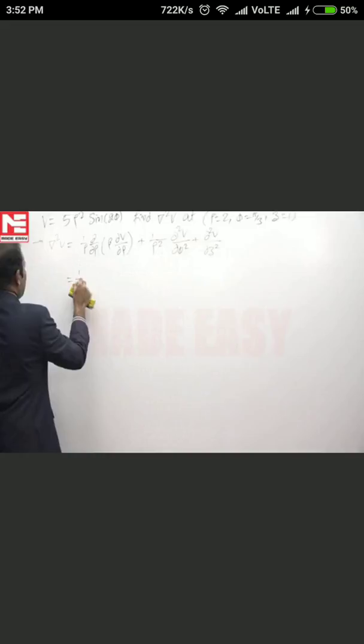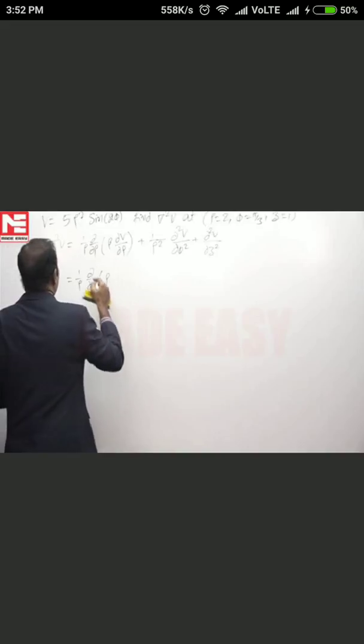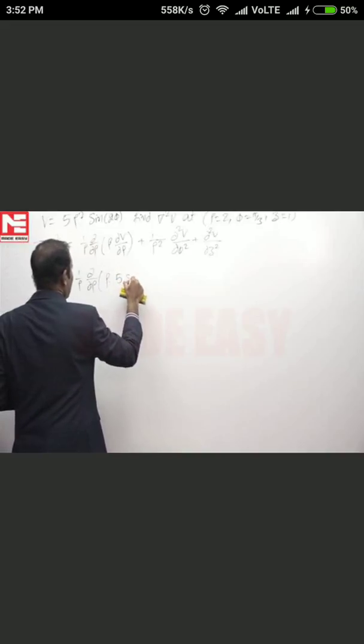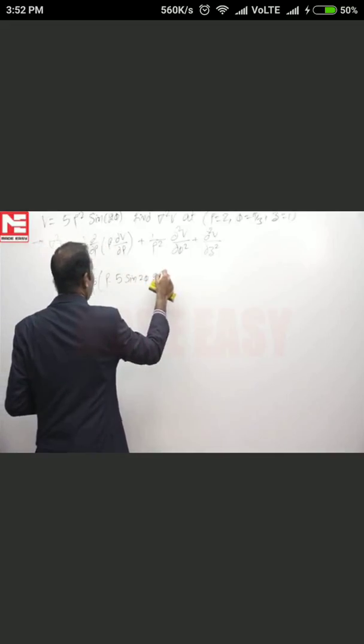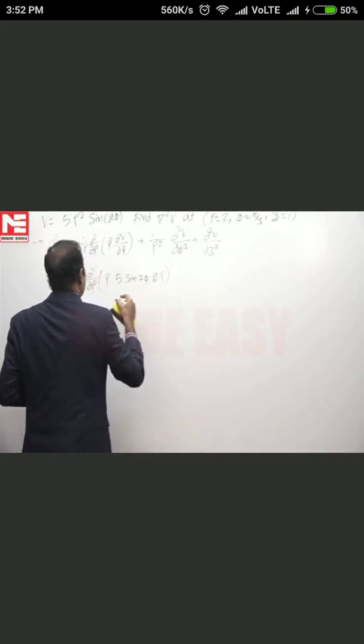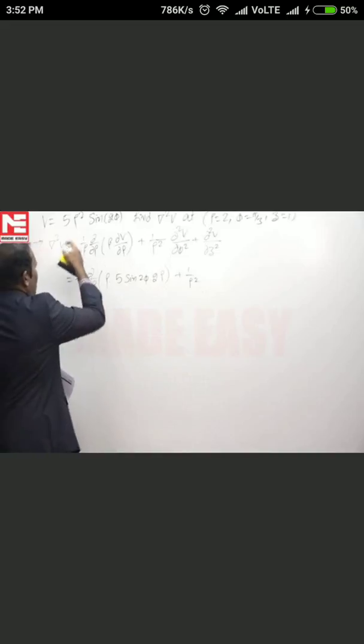So this is the formula, and this is 1 by rho dou by dou rho into partial differentiation of this one with respect to rho, that is 5 into sin 2 pi is constant and you get 2 rho, plus 1 by rho square